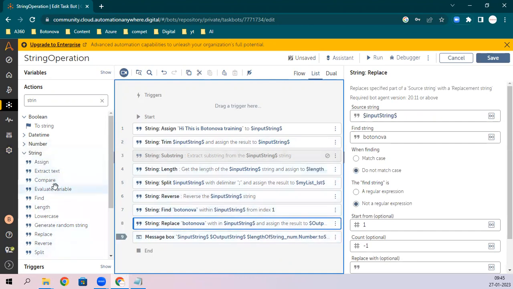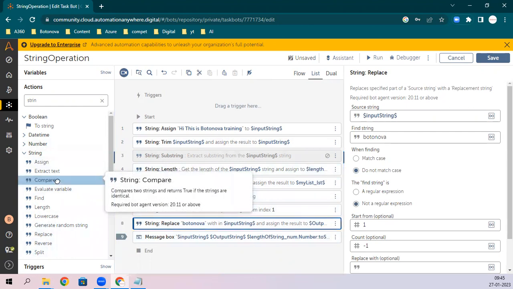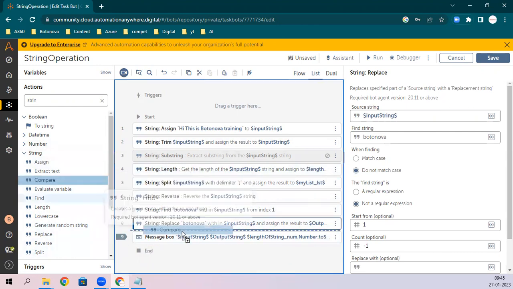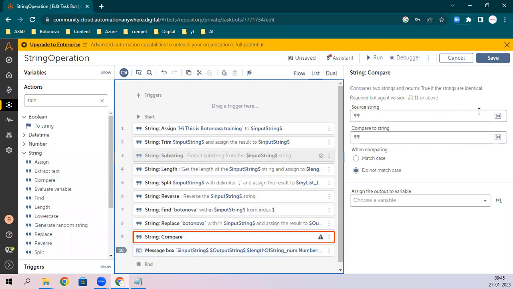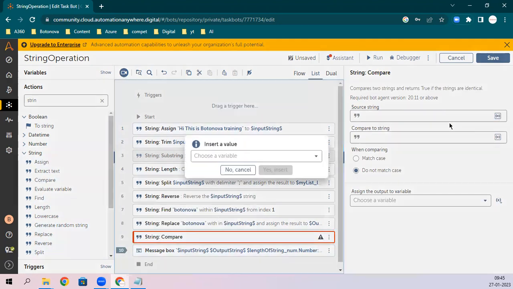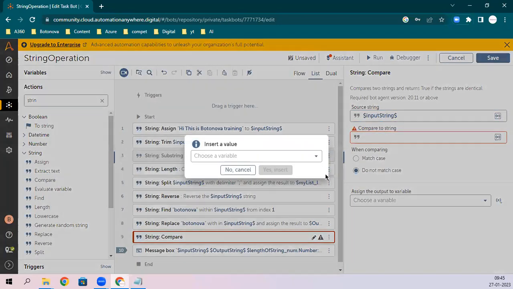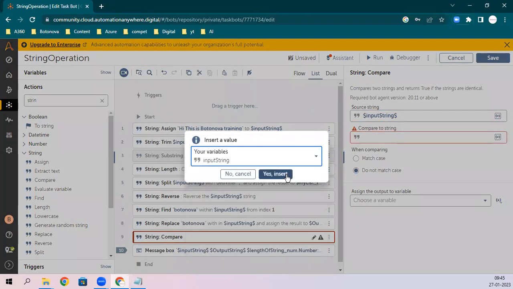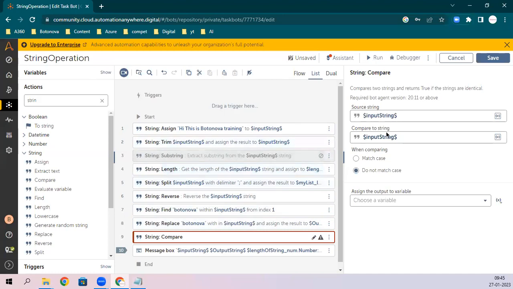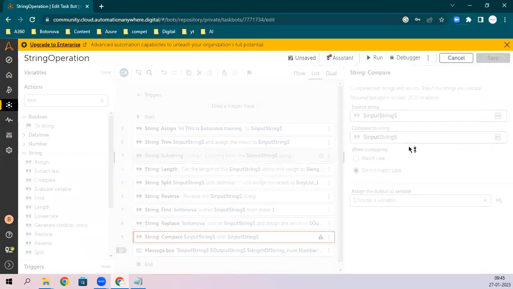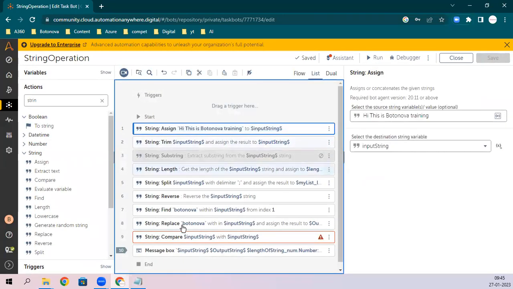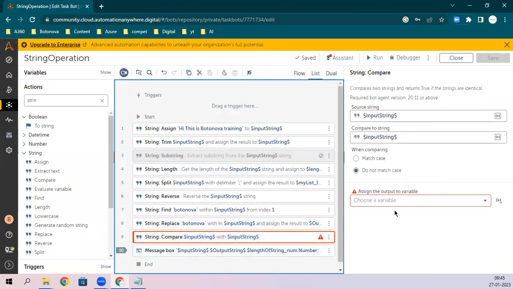Any other issues? Okay, let's try to compare two strings. So you have two strings, like input string, and you are just comparing the same input string to your input string, same input to input. Obviously this will match, right? Same string I'm passing, it will match. So what will be the output? Ye batao, if you are matching something, what will the output?